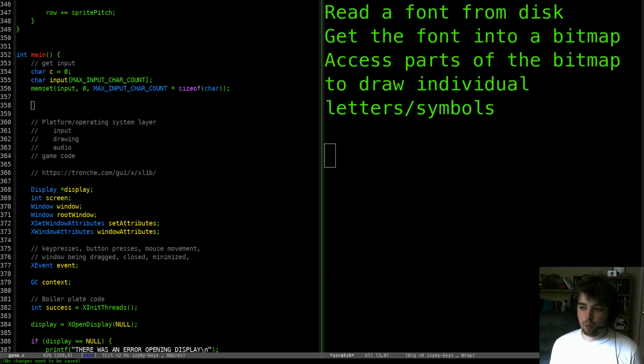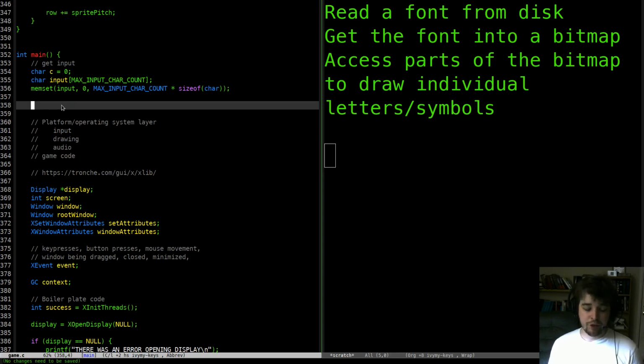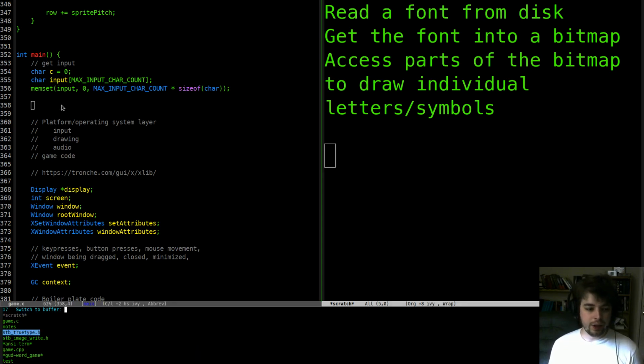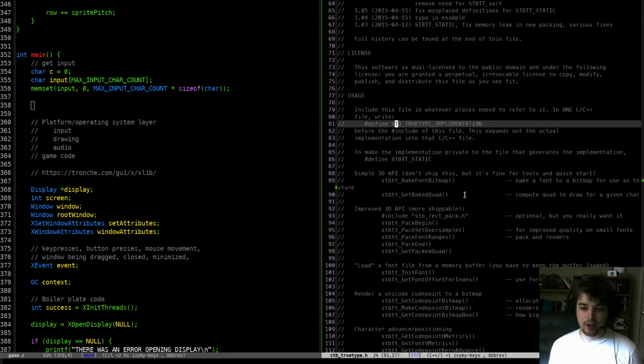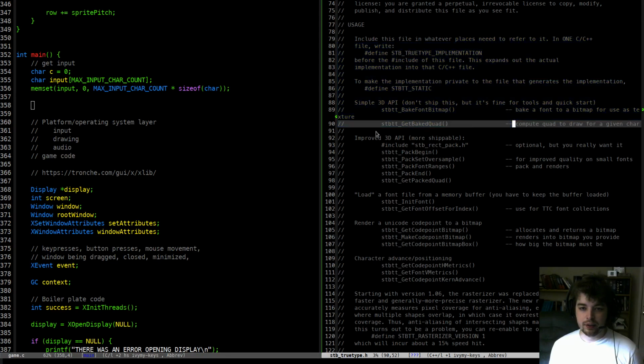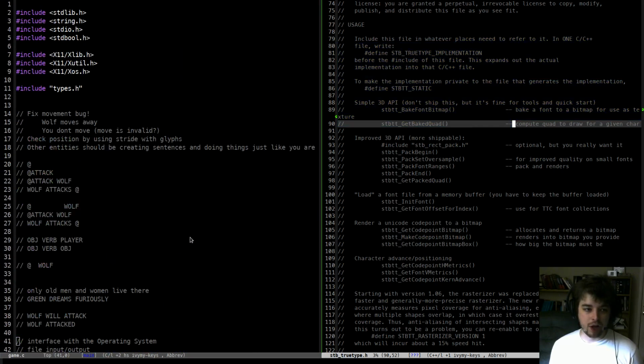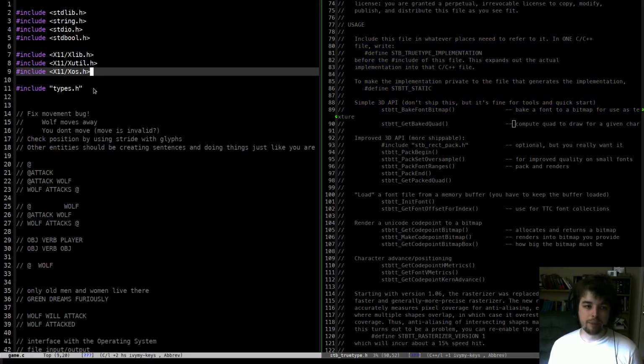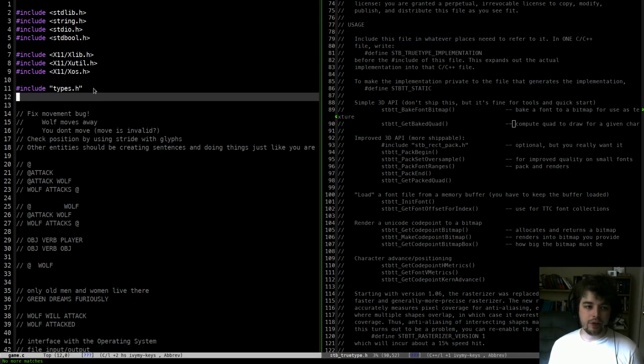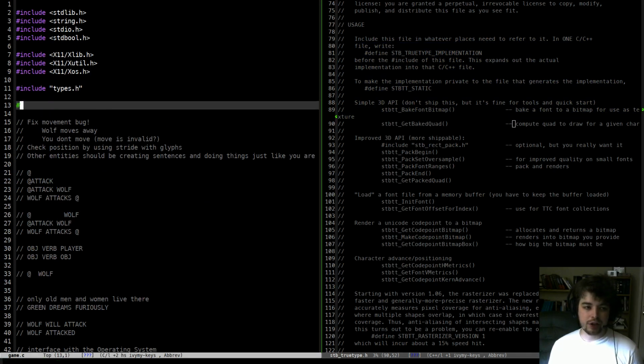So what we are going to want is a few different things. First of all, if we go ahead and look at this TrueType header file, we are going to want to include this in the project, right? So let's scroll up to the top. We can go ahead and do this after our types definitions. Let's go ahead and include, and again, this is a file in the project, so we use the quotes